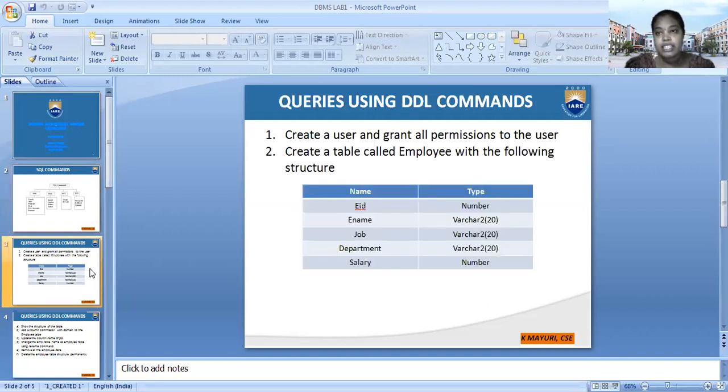So what is the first query? Create a user and grant all permissions to that user. Okay, so let us start. Here you have to start with another sharing perform.